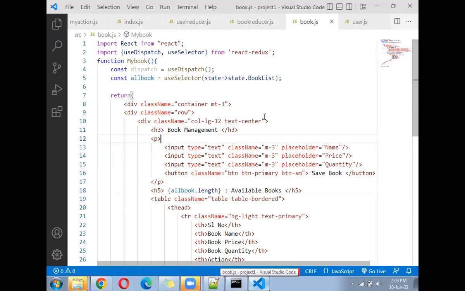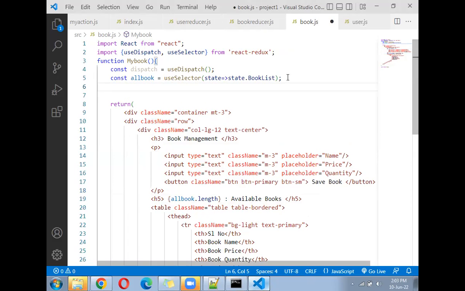So next we have to go here and write again a function, const